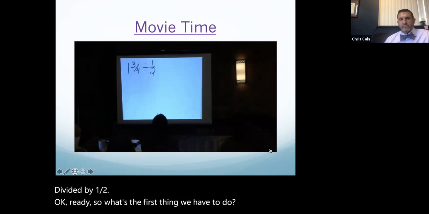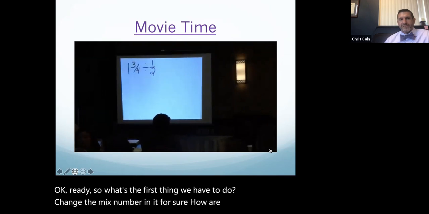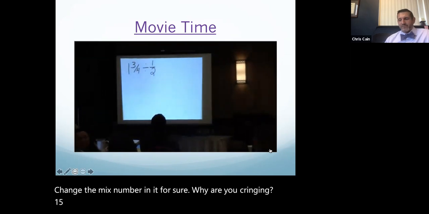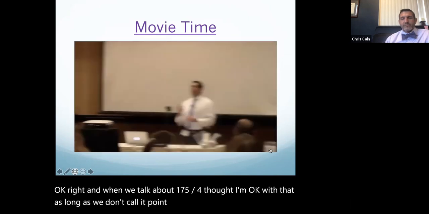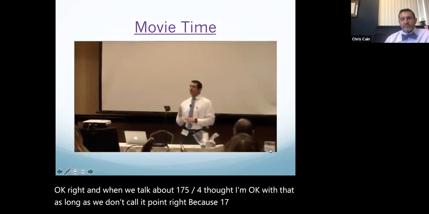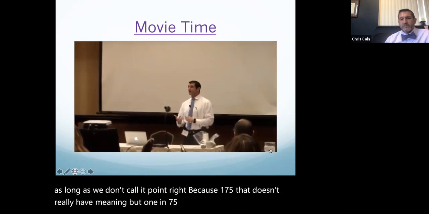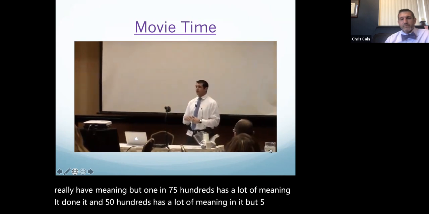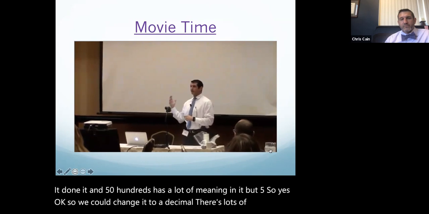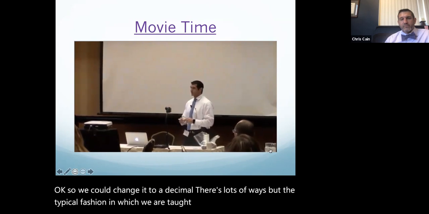Change the mixed number into an improper fraction. What's wrong? Why are you cringing? Okay, right, and when we talk about 1.75 divided by 0.5, I'm okay with that as long as we don't call it point, right? Because 1.75 doesn't really have meaning, but 1 and 75 hundredths has a lot of meaning in it, doesn't it? And 50 hundredths has a lot of meaning in it. So yes, we could change it to a decimal. There's lots of ways, but the typical fashion in which we are taught to solve this is usually the